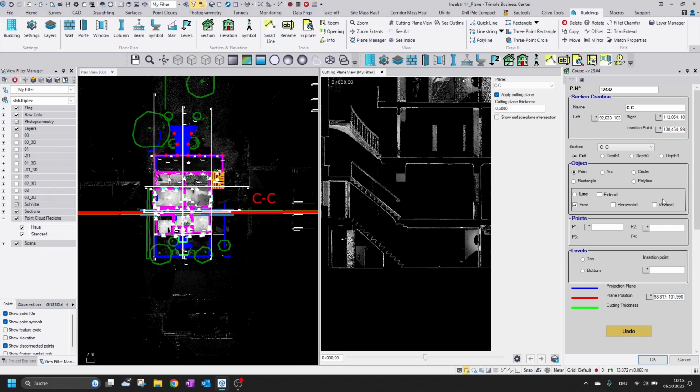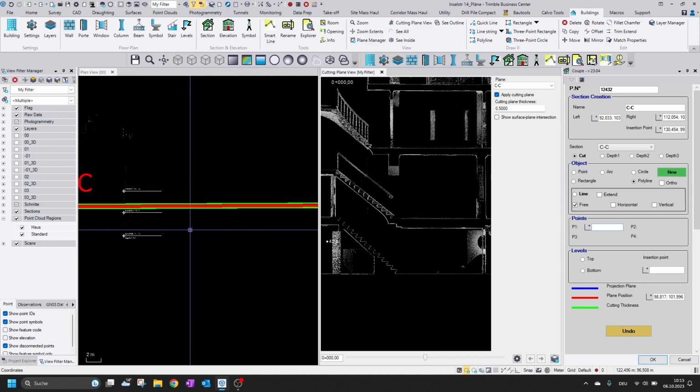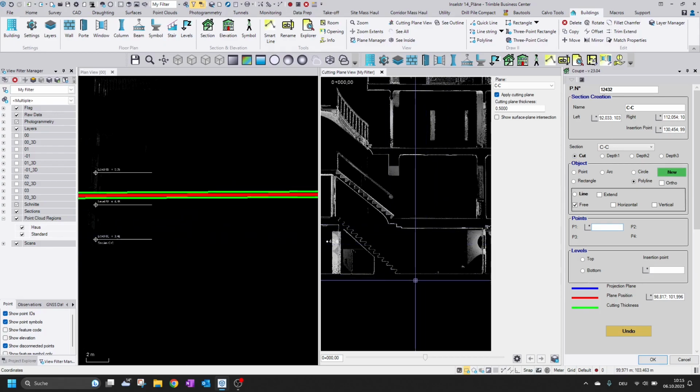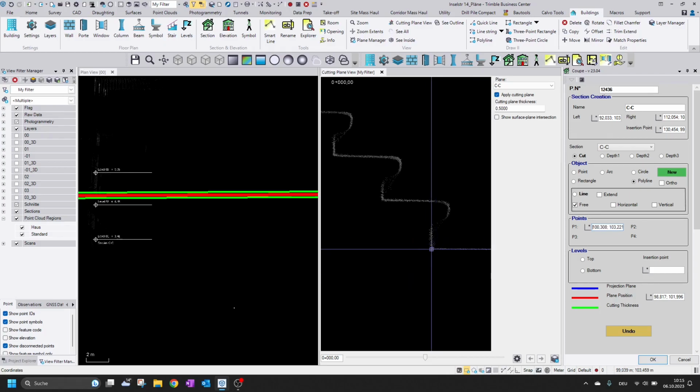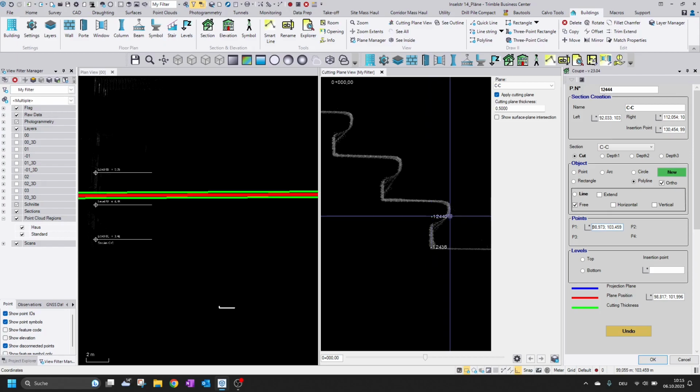So for example, we can see the first improvements. If we go to polyline, we have added this option ortho. So we could start creating a new polyline, for example, like this. So we move to here, and we can start, for example, here, to here, and if from now we want to create the ortho lines, so we can pick there, and then if the y increment is bigger than the x increment, it will be a vertical line, and the way around, a horizontal line. So I'm sure I'm creating